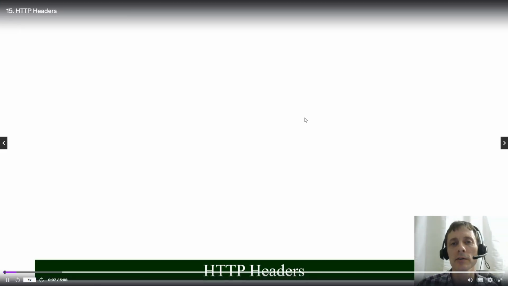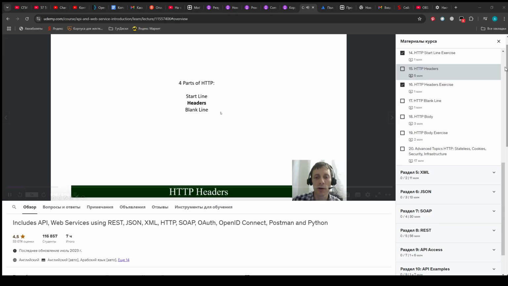Let's go into details about HTTP headers. Again, the 4 parts of HTTP are start line, headers, blank line, and